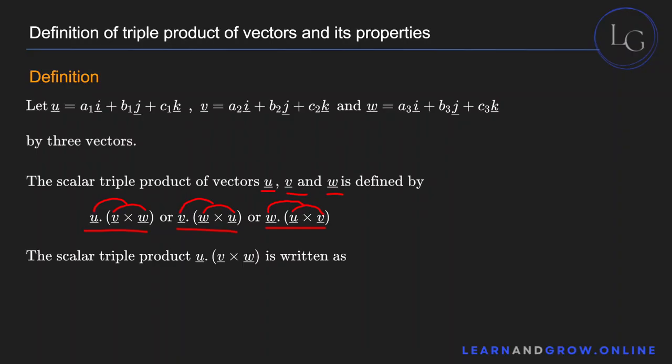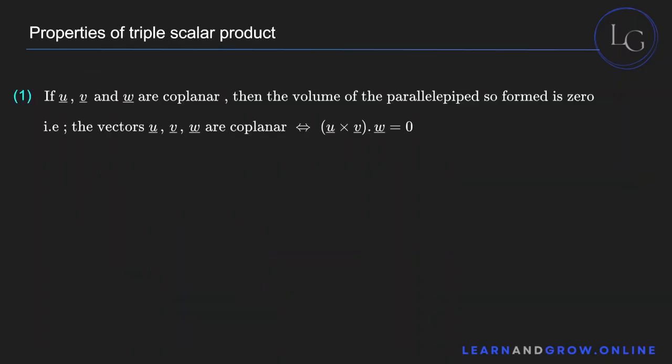So the scalar triple product can also be written down like this. Why do we write it down like this? Because it makes the calculation much simpler for us, because you can find the scalar triple product of u, v, and w by just simply solving the matrix u, v, and w, just like you did in the cross product, right? So the properties of triple scalar product: